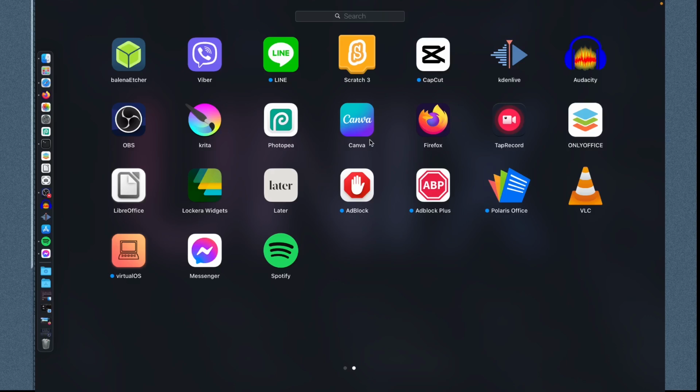It is mostly preset, while Krita is more on freestyle. We also have Top Record, but I prefer OBS. As you can see, we have OnlyOffice, LibreOffice, and of course I also downloaded Polaris Office. And of course, I don't want to be bothered by all the ads, so I also put the ad blockers right here, plus VLC for my media player,